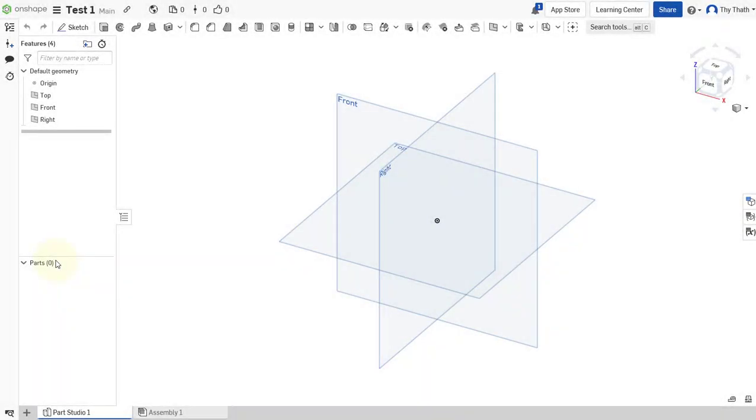Hello everyone, in this video tutorial we are going to learn how to define or change the measurement unit type in Onshape. After creating the document, secondly we have to define the measurement unit type. To define the measurement unit type in Onshape, click on the three line bar to expand the menu and then click